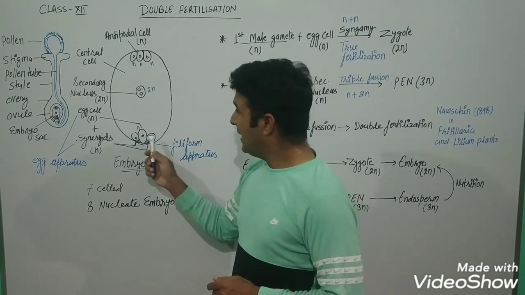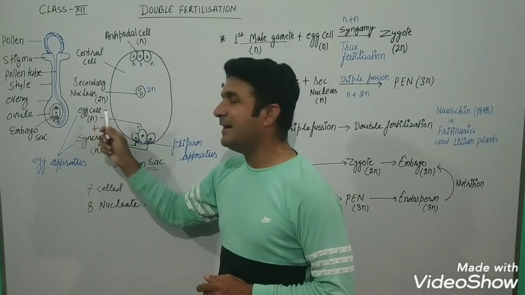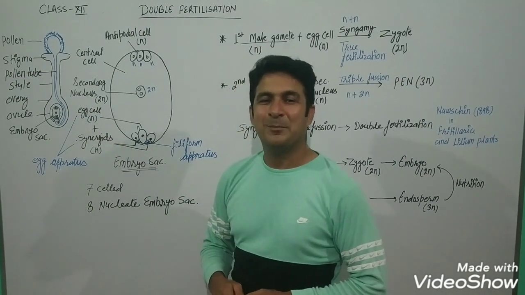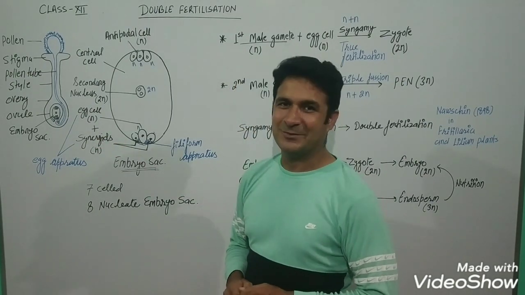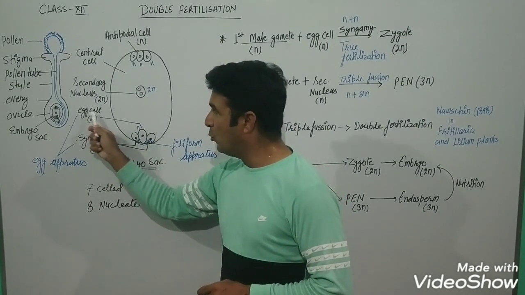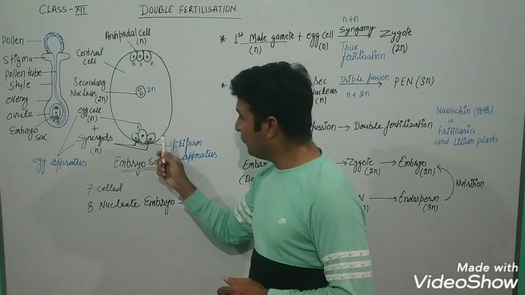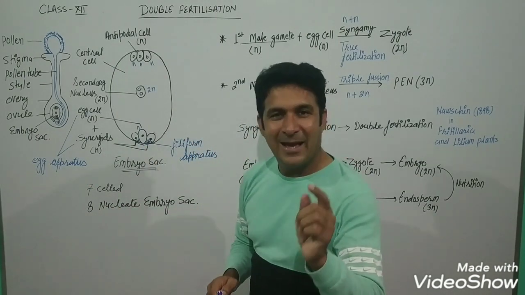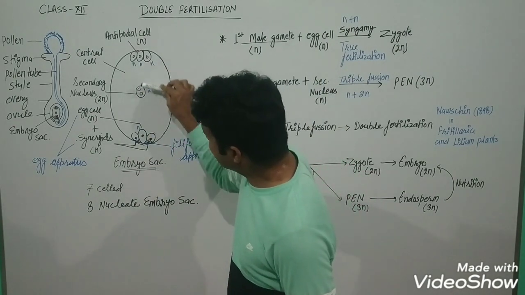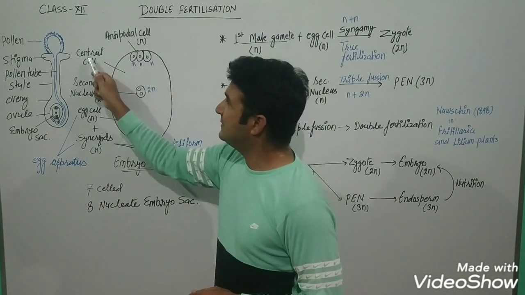Now this middle cell is an egg. This is an egg cell. And the ploidy of an egg cell is also haploid, means half number of chromosomes. So all 3 together, 2 synergids and 1 egg cell together, are known as the egg apparatus. So what do we call this area? Egg apparatus. Now the complete area which is present here is called the central cell.